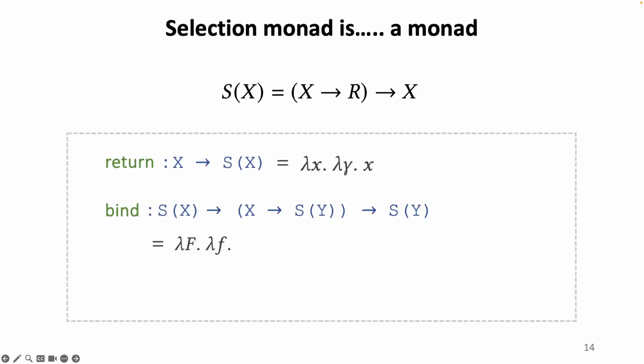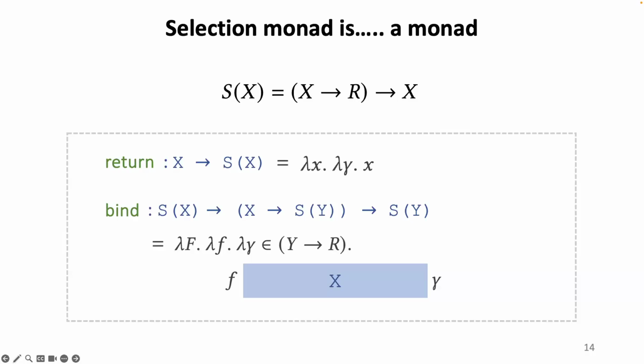And sy is the function from y to r to y. So we know that we are going to have a gamma y to r, and our only job left now is to construct a y. We know how to construct the y because we have f available, and f is the only function that returns the y in the end, right? And we can apply f as long as we provide it with a value x and a function from y to r. And we do have the function from y to r, which is gamma, and now we only need